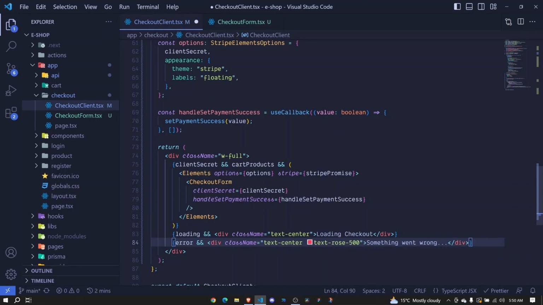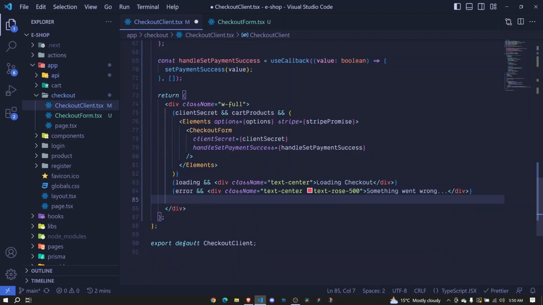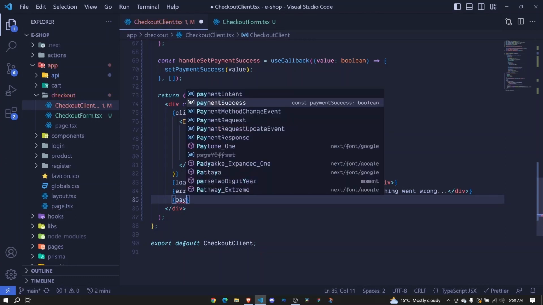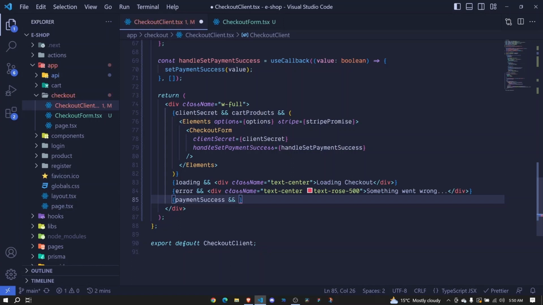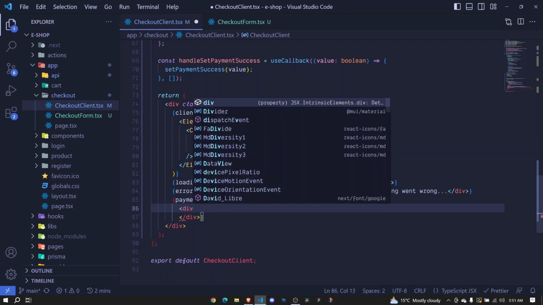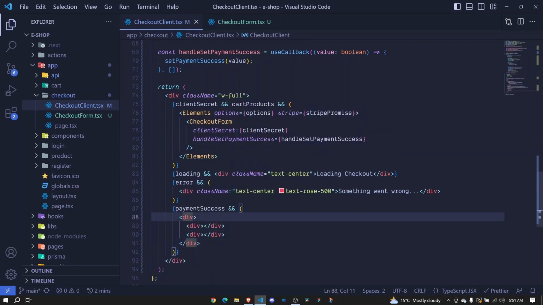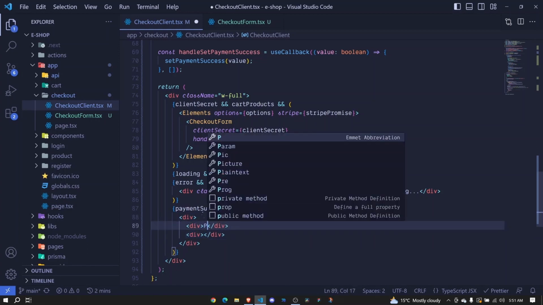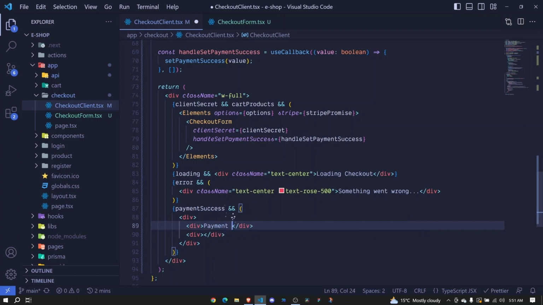Now, what about when we have a successful payment? So here we'll have payment success and we will have a div, and in here I'll pass two more divs. So we have this parent div, then we have these two divs. The first one will just show a message, payment success, like that. And this one will be having a button,